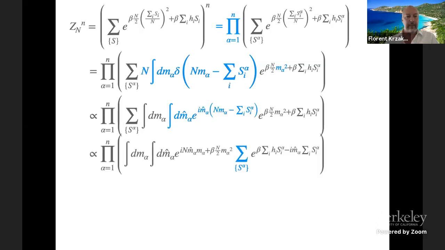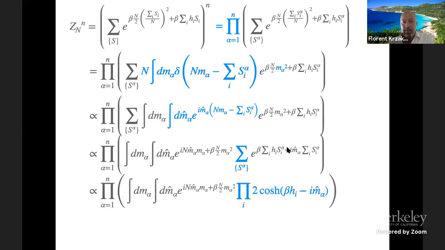Now, why did we do this? Well, we did this because now the sum here can be pushed in here. And you see that we got rid of this nasty term that was somewhat complicated. Indeed, now we can push this sum here. All these terms do not depend on S. And now this hard computation, summing over the 2 to the n possible configurations, is reduced to this simple term. And that is for each replica.